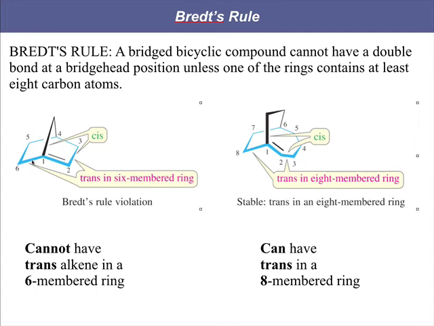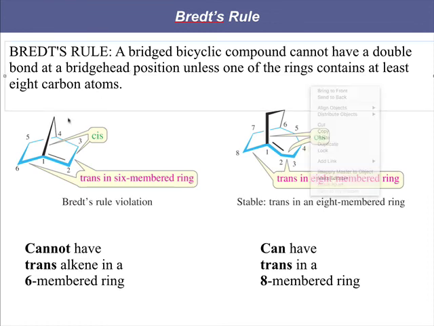You're not allowed to have a trans double bond in a 6-membered ring. Doesn't work. There's not enough carbons to make room for that trans double bond. So even though it looks okay when you draw it this way, be aware that you are violating a rule. That's Bredt's rule. So why is it the case that you can have a double bond on a bridgehead carbon